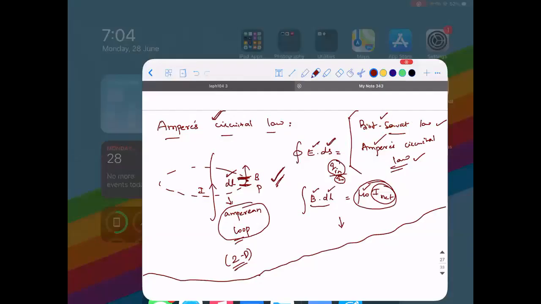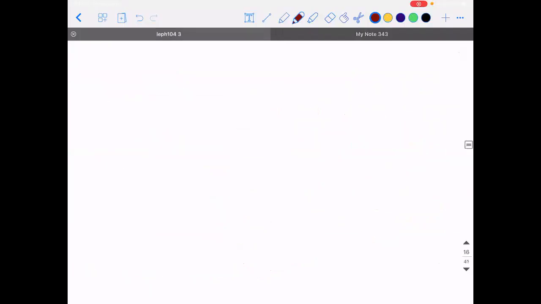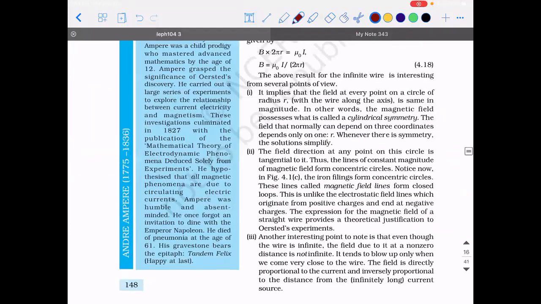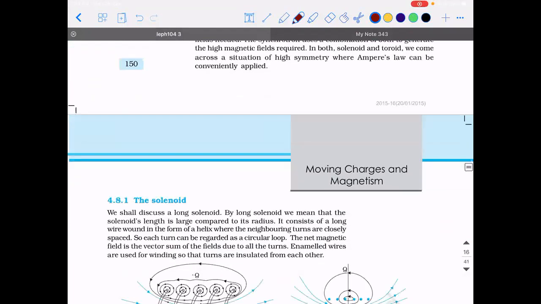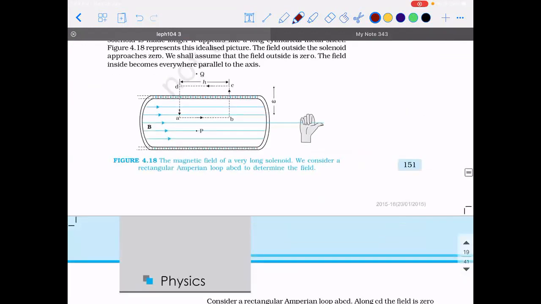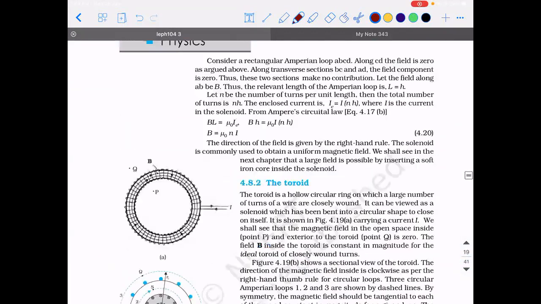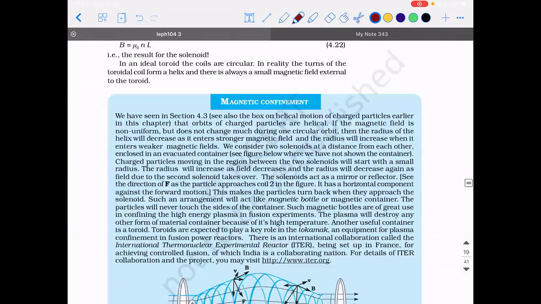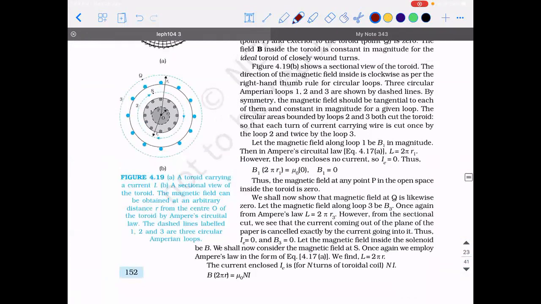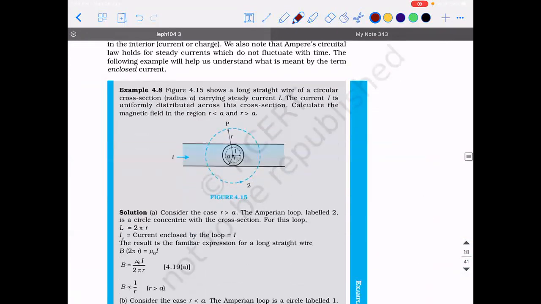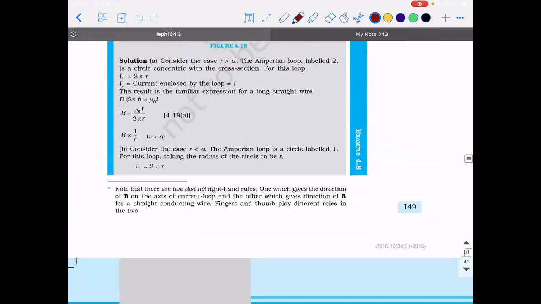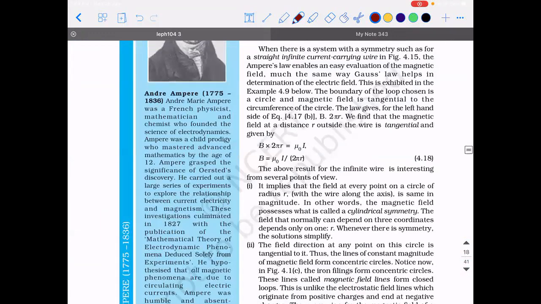I'll show you what the applications are. So using Ampere's circuital law, we will be finding the magnetic field due to a device called a solenoid and a toroid. These are the two applications. That's it. So with this, the chapter is over. As I told you, I'll try to complete it tomorrow itself. After I complete, I'll do a problem. There's a very good problem and it is important also. So for you to understand it, you need to revise it properly.